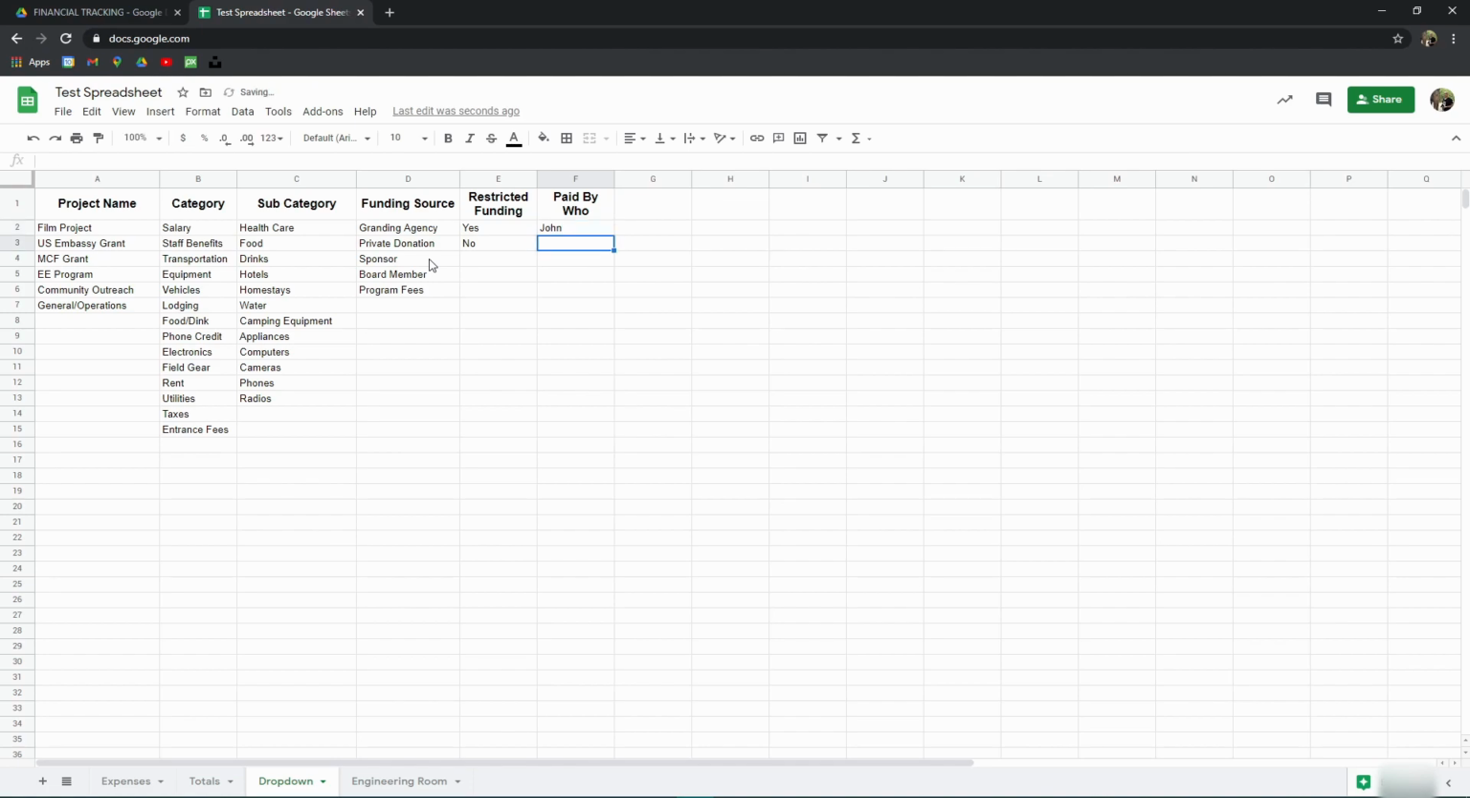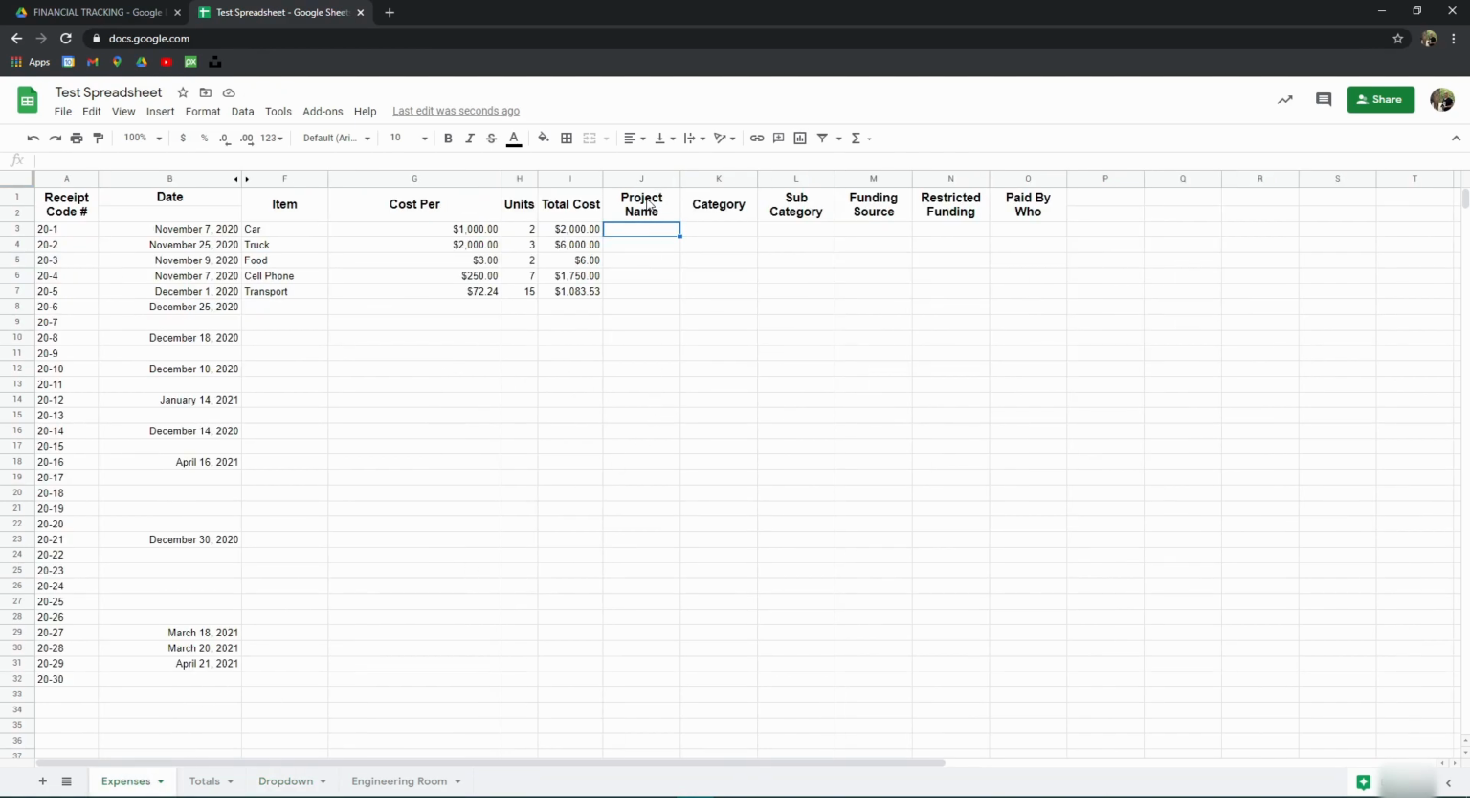So we've got John, Jane, Mary, and Danny, because why not? You can have as many staff as you want. You can put volunteers, interns, whatever. So now what we're going to do is come back to our expenses sheet and use the